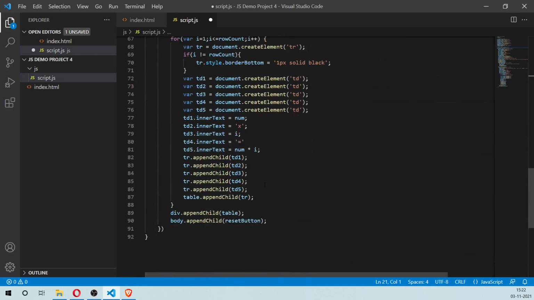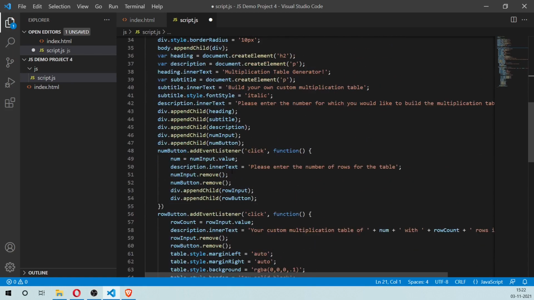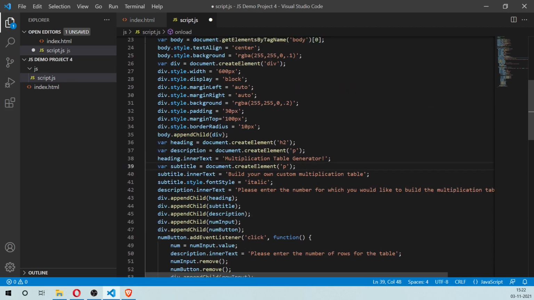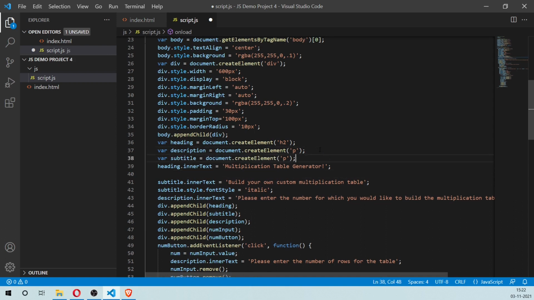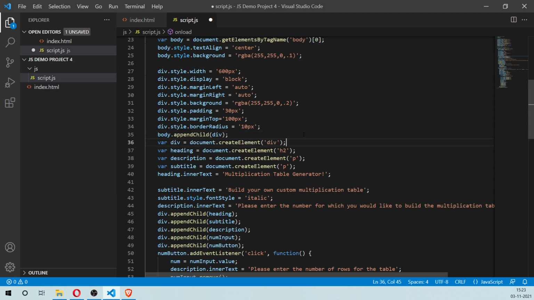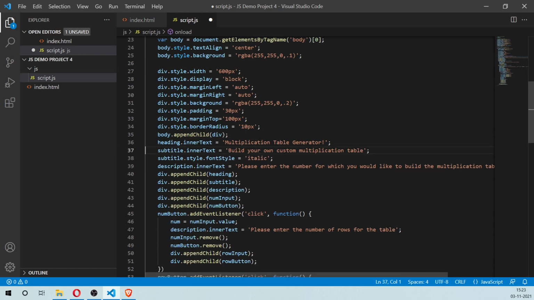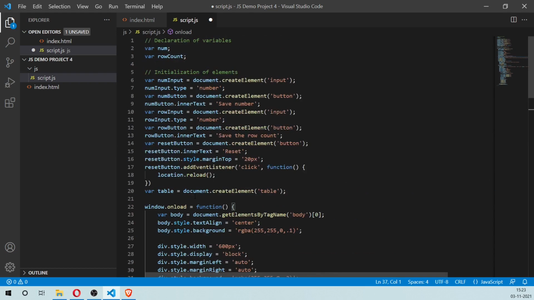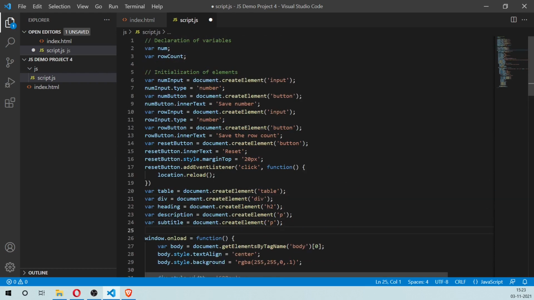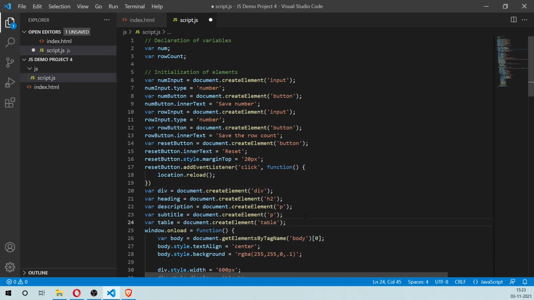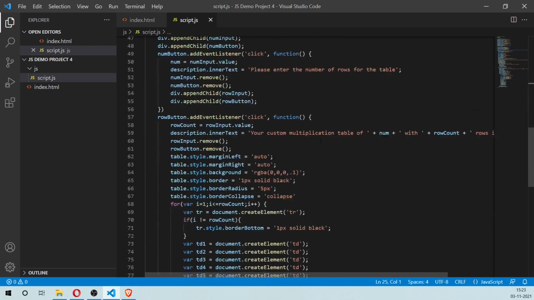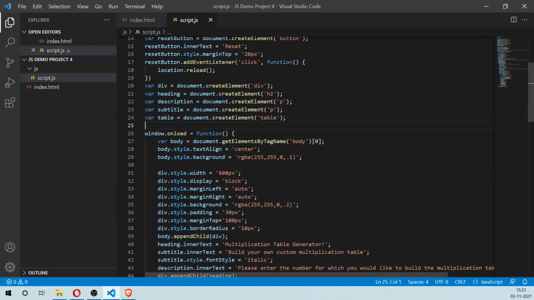And these things as well. I'm also going to move the div here over here and move all of this stuff over here. Okay, so this is just to better organize the code.